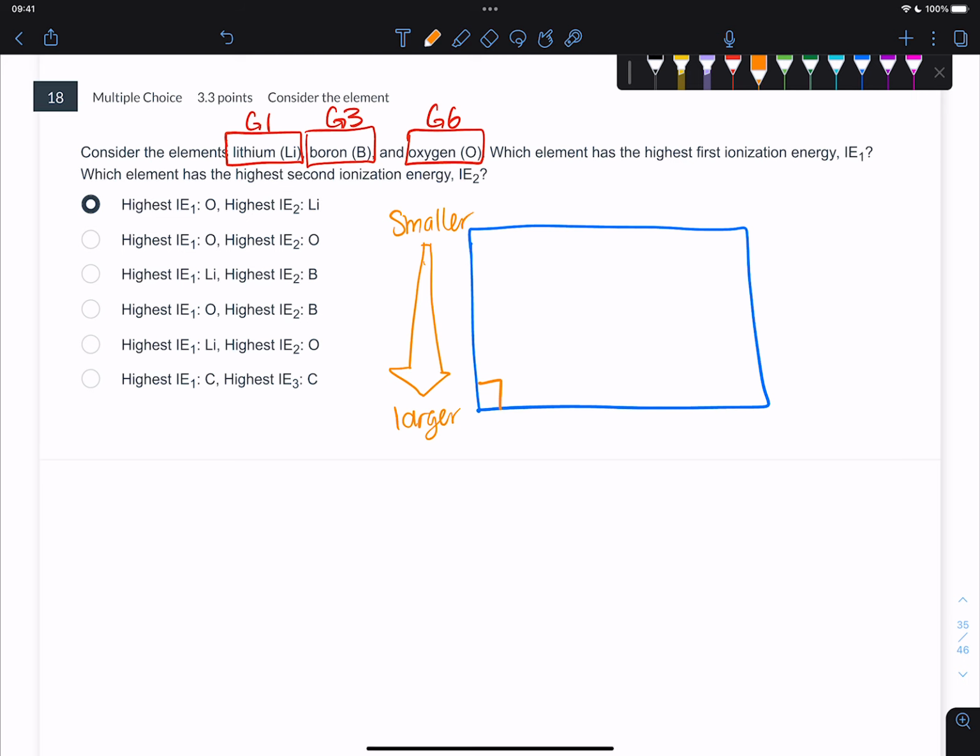Now, what's the trend going from left to right for size? That's going to be this. They get smaller because as you add protons, every proton kind of attracts the electron shells in a little bit more. So from left to right, atoms are going to shrink in size. It's larger and smaller. This is loosely but kind of strongly related to the trend for ionization energy,